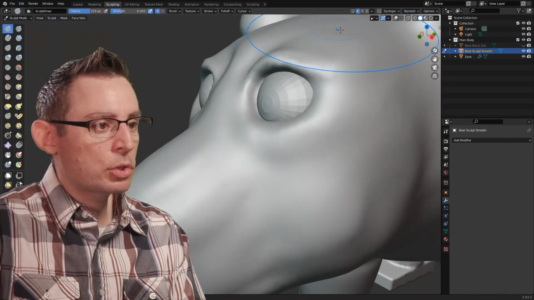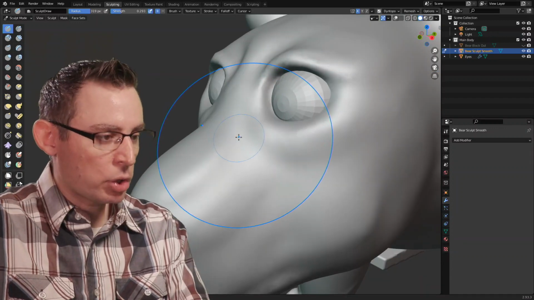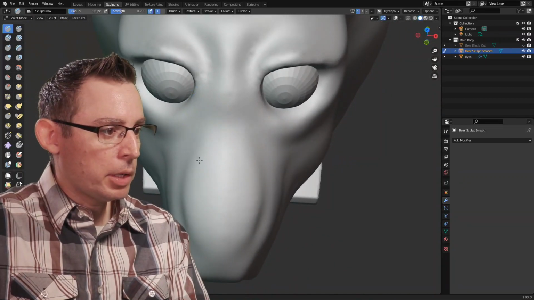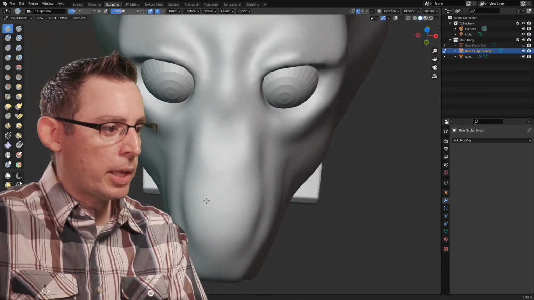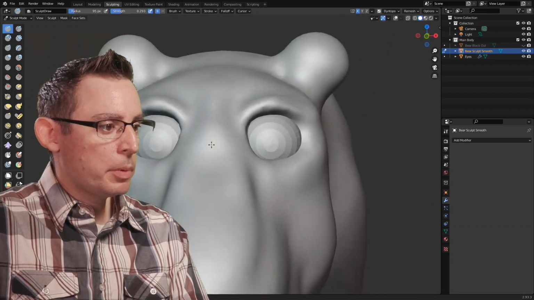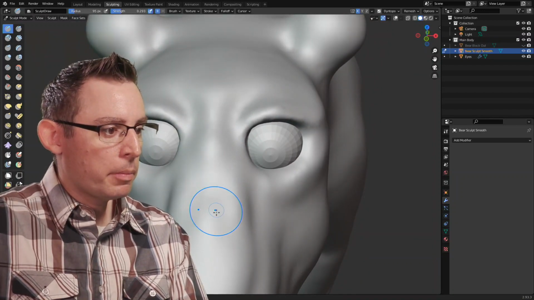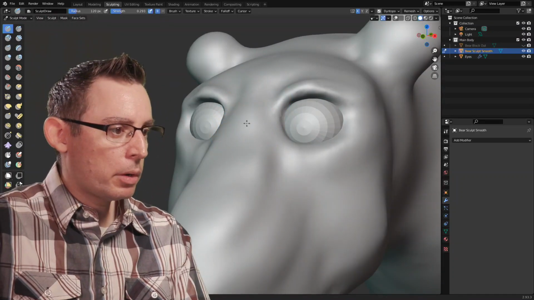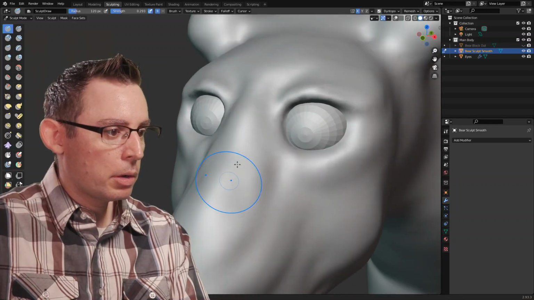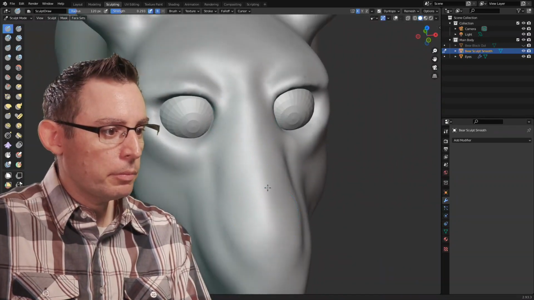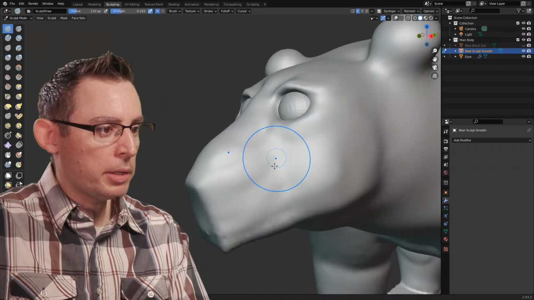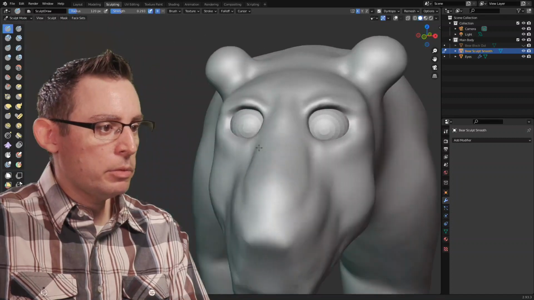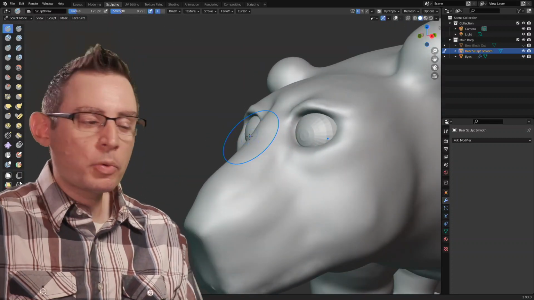Let's go back into Sculpt Draw, turn Dyntopo on again, make my brush very small. And I'm looking here. How am I going to... Yes, there it is. Ooh, I like that. That's cool. It's a little bit lumpy here in the center. So let's just bring it up, and we'll smooth it out. Yeah, bring it up once more. And we'll smooth it out. Yeah. Let's look at it from a distance, see what we got. Yeah, we're not too far. This is a great process to go through.